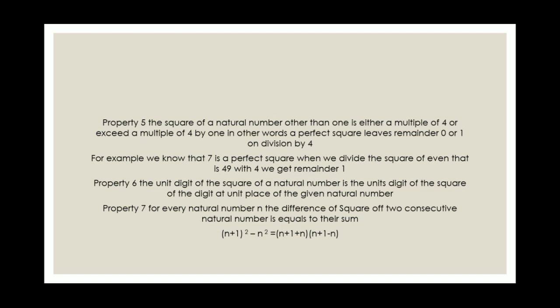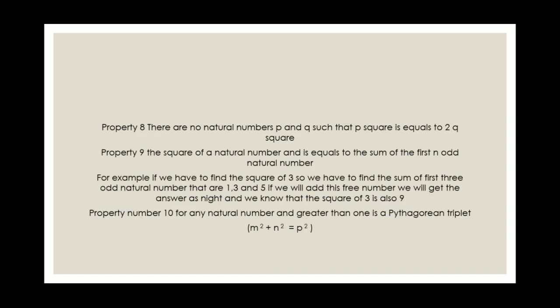Now property number 7. For every natural number n, the difference between the squares of two consecutive numbers is equal to their sum. The given equation makes it easier to understand property number 7. Now, property number 8. There are no natural numbers p and q such that p square is equal to 2q square. Property 9. The square of a natural number n is equal to the sum of the first